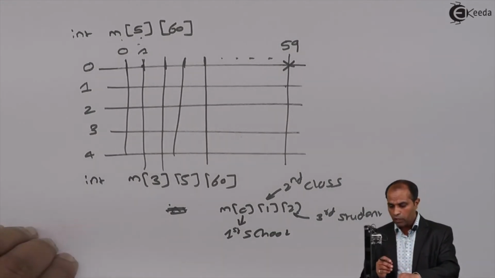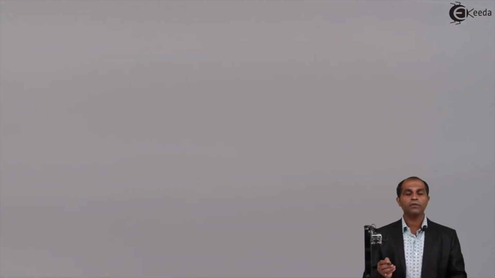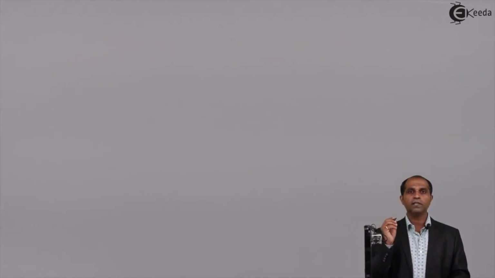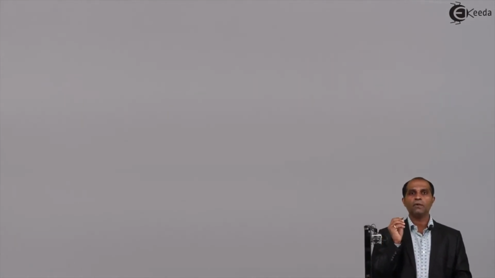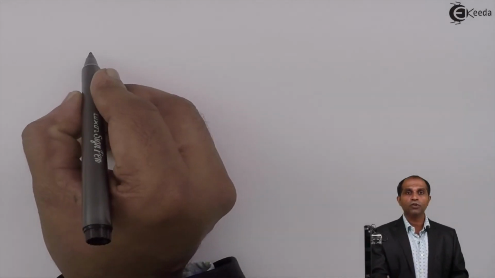Now, what are we going to use in this 2 dimensional array? We are going to use it with the concept of nested loops. The entire processing operation, reading operation, initialization, all those things will be done using nested loops. So before we start with that, let's have a quick recap of 2 dimensional arrays with nested loops, and how nested loops work, so that we can have continuity for the next video.